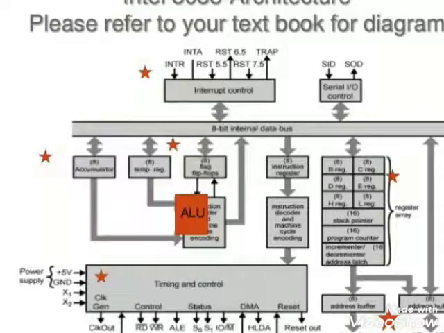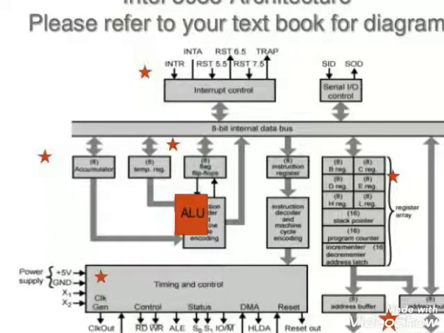Interrupt control. It is used to handle the interrupts. There are 5 interrupt signals in 8085: TRAP, RST 7.5, RST 6.5, RST 5.5 and INTR. The interrupt controller receives these interrupts according to their priority and applies them to the microprocessor. There is one outgoing signal, INTA, which is called interrupt acknowledgement.